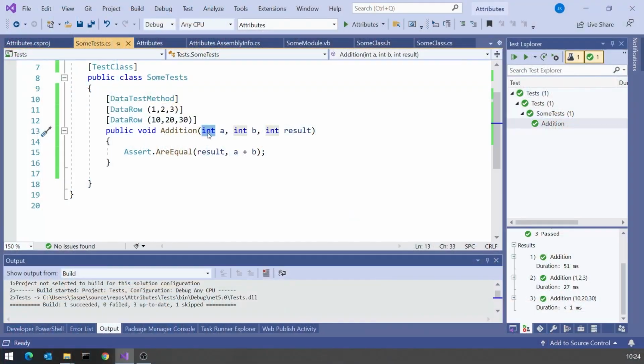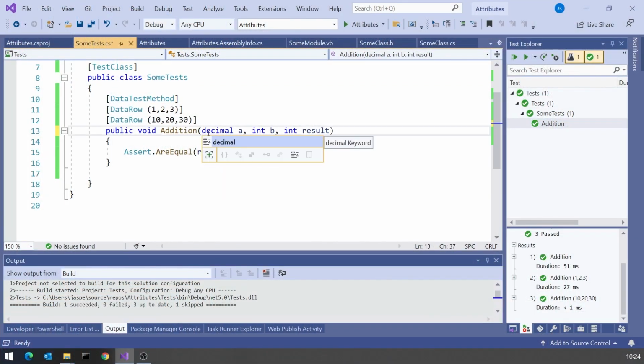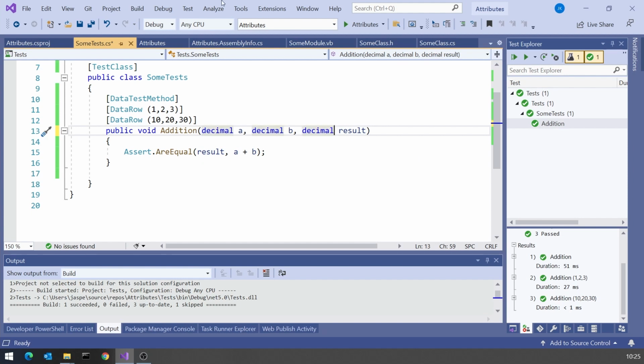That does lead us on to one interesting little problem here, which is something that seems like a very natural extension of this is, what if we wanted to do this for a different type? We might want to do it for doubles, which will actually work fine, but another one we might want to do it for is decimals. So decimals in C# don't really look very different from doubles or ints or other things like that.